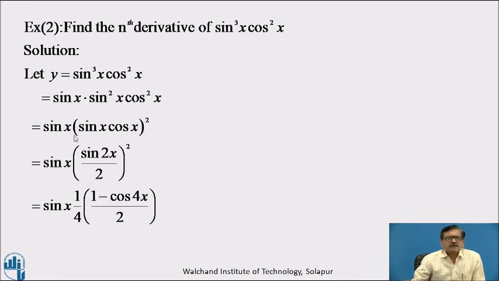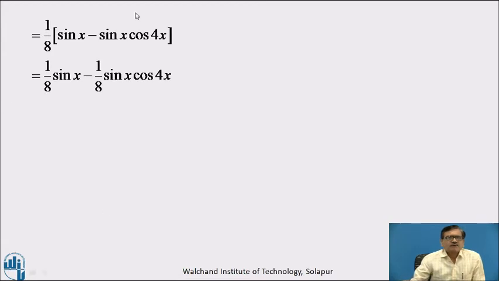which you can write sin x into (sin x cos x)^2, and which is equal to sin x into (sin 2x/2)^2, since we have sin 2x equal to 2 sin x cos x. Now which is equal to sin x into (1/2)^2, means 1/4, and using the formula of sin^2 2x we can write (1 - cos 4x)/2,